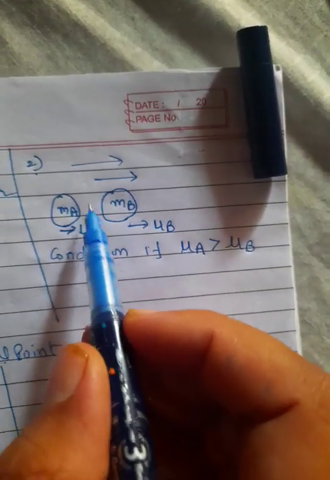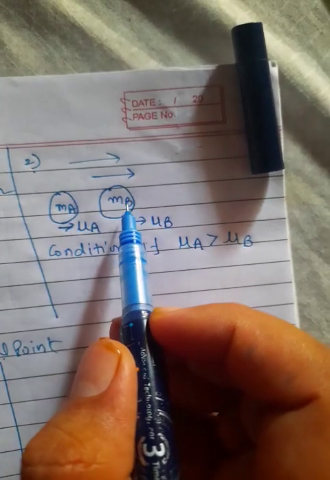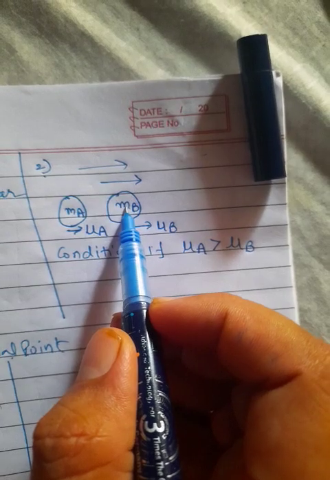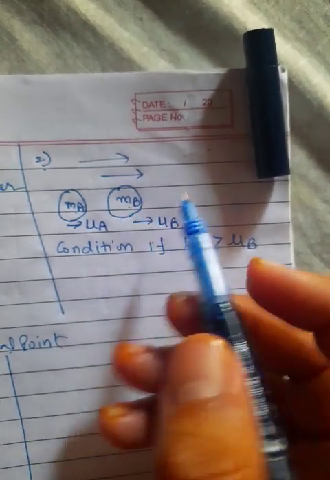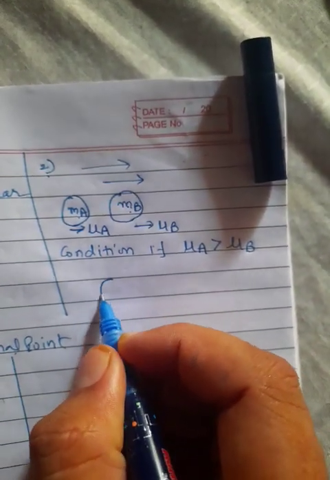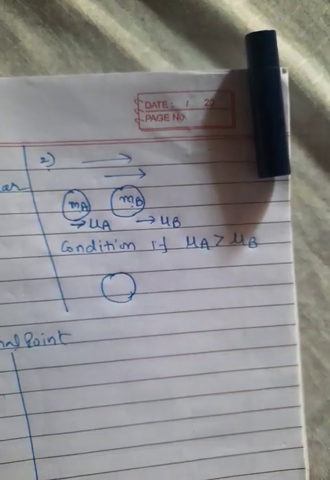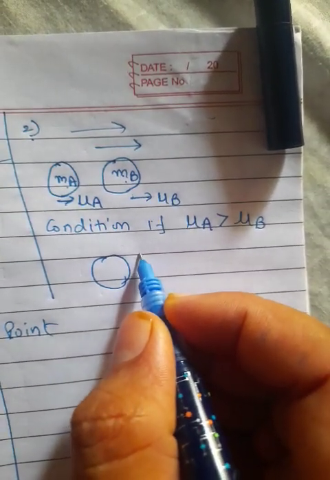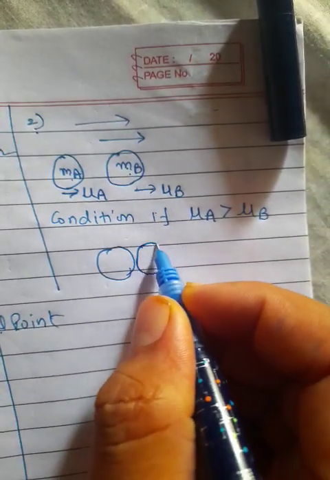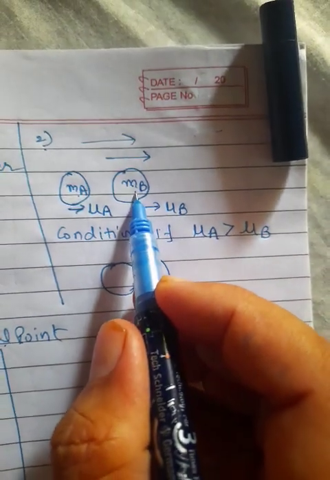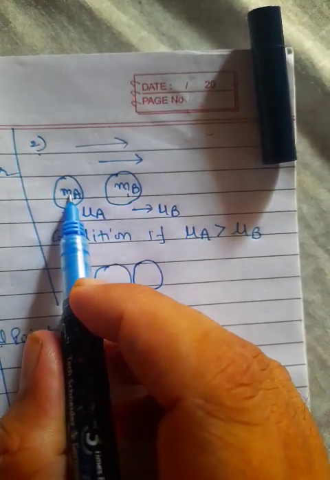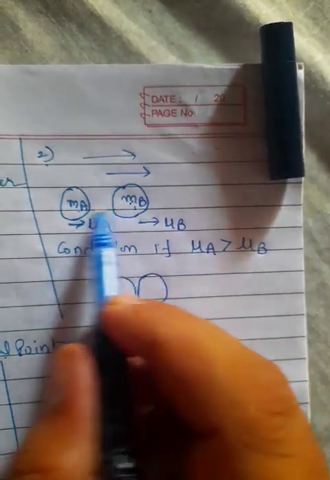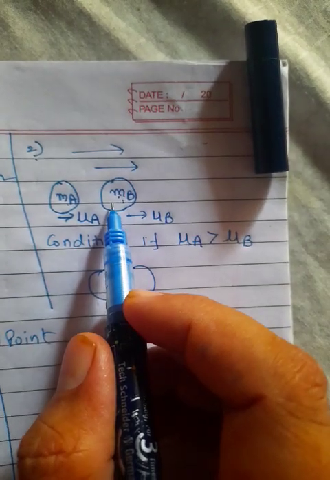So you can see, if the velocity of A is more and the velocity of B is less, so what will happen? This body will collide with this body, so we will get this position. We can say that this is the second position, a situation, a condition, yeah, we can say configuration, like this. Because we know that its velocity is less, its velocity is more, so this body will reach up to this body. Then both bodies will collide with each other.